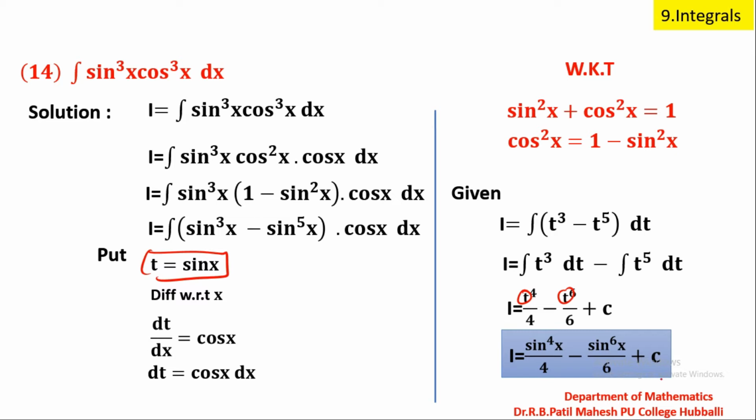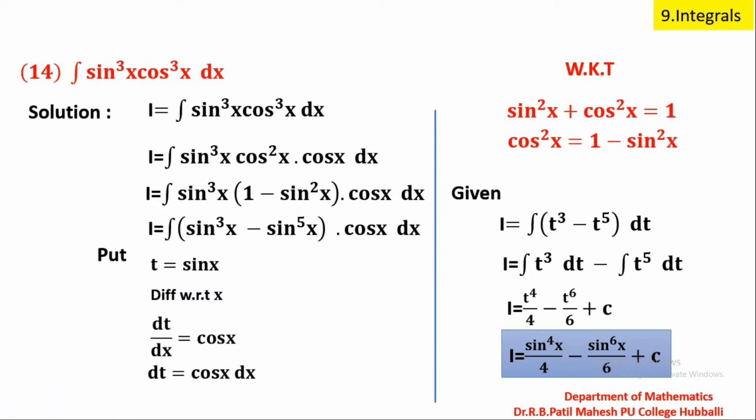The constant of integration. What is the technique that we have used in this example? First, we have written cos cube x as cos square x into cos x, and then cos square x we are writing as 1 minus sin square, then multiplying sin cube x into the bracket, then taking the substitution help and going on solving, we will get the solution, students.